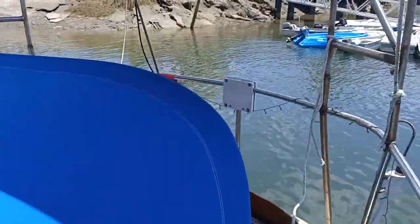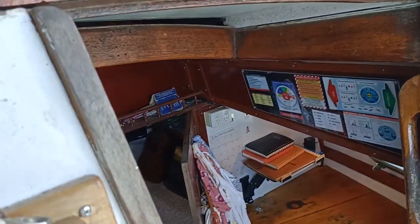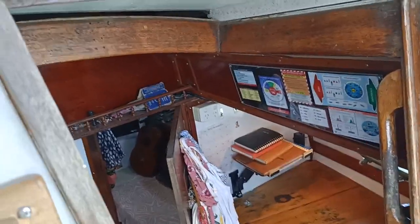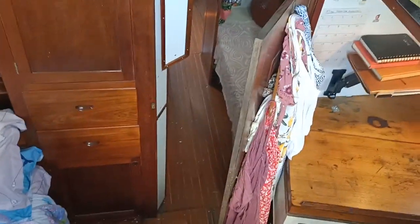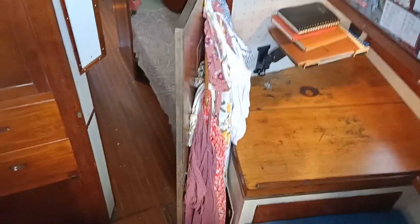Alright, I'll take you down aft first, into the master cabin. Alright, I'll try and give you a real sense of the space, because this boat is just ginormous. It's absolutely one of its best qualities. It's definitely a liveaboard. It's just beautiful. So, got a helm station here, and then a